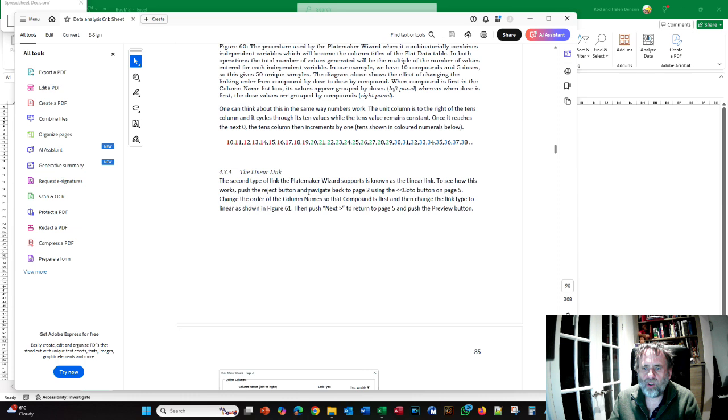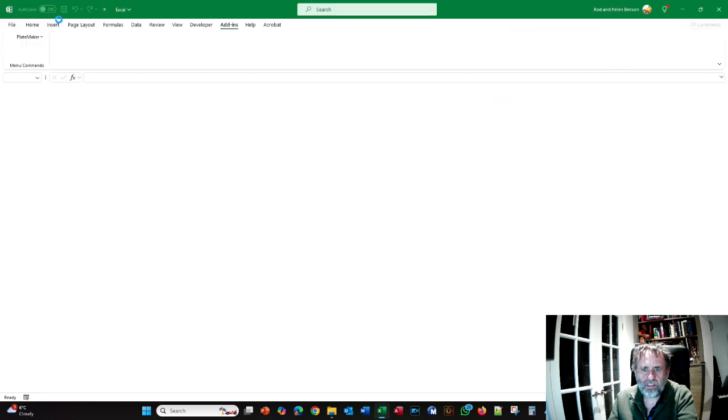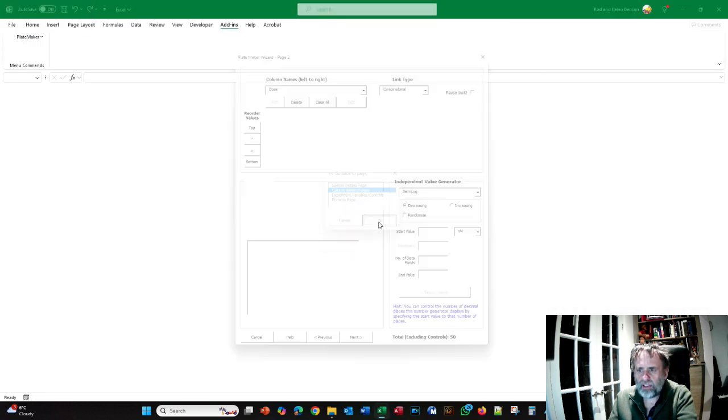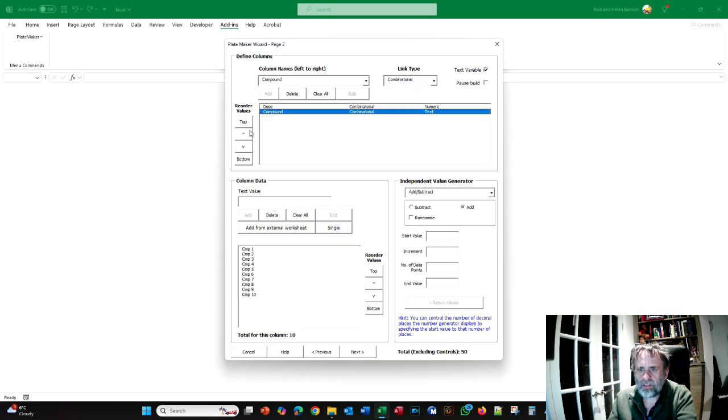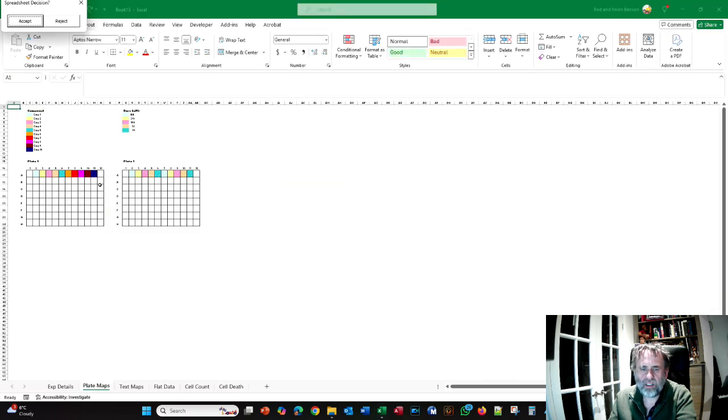We're now going to move on to the linear link. So let's do that. What we're going to do is reject this build. We're going to go back to the column names value page. We're going to put it back to columns by dose, but now we're going to change the combinatorial link to a linear link, like so. We're then going to click next. We're going to run the program again, and this time you'll see we only have 10 samples rather than 50